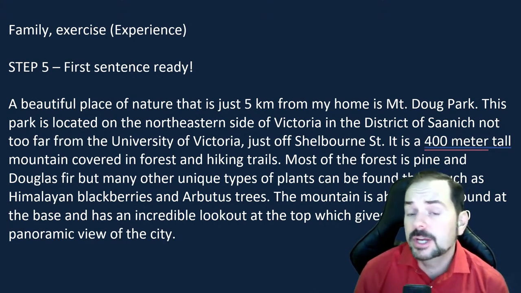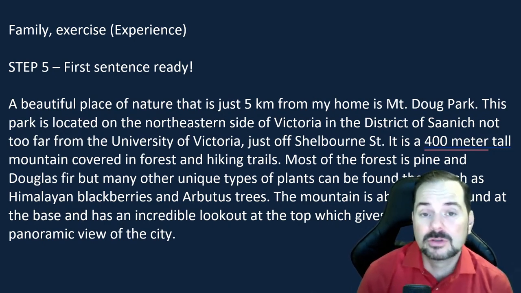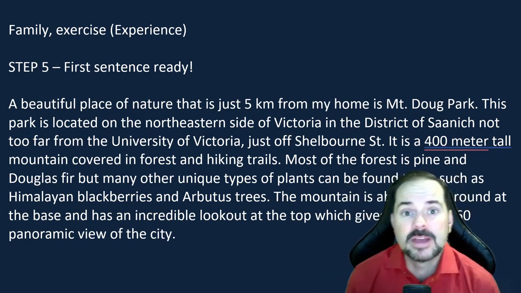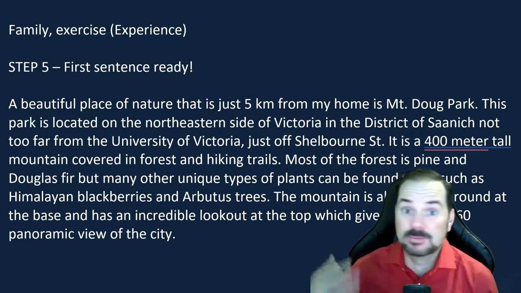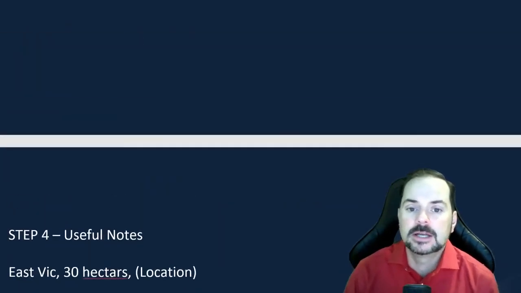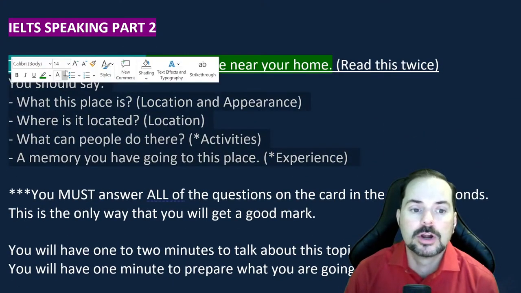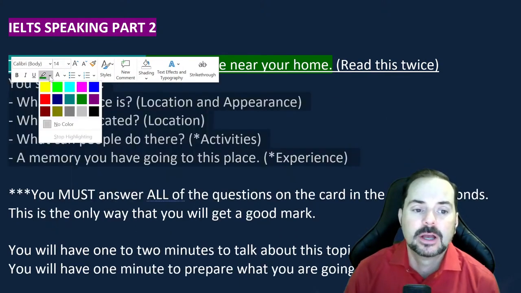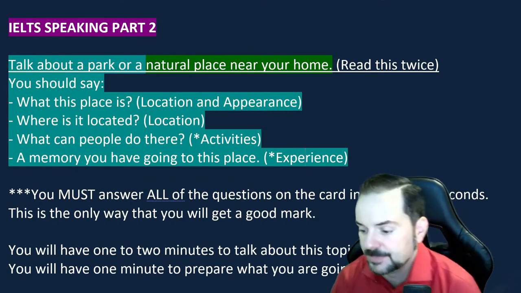And sure, here I could just keep talking about the amazing view from the top of the mountain. You can see all the way over to the United States, the Olympic Mountains. You can see Vancouver. You can see the Strait of Georgia, the Pacific Ocean. So I could just keep talking and talking, but I don't want to do that because I must cover all of these questions in the cue card in 90 seconds, okay? A lot of students forget that they have these questions and they have to stay on topic here, okay?